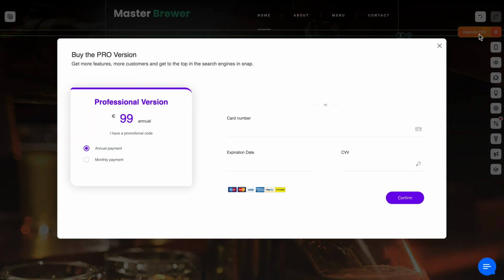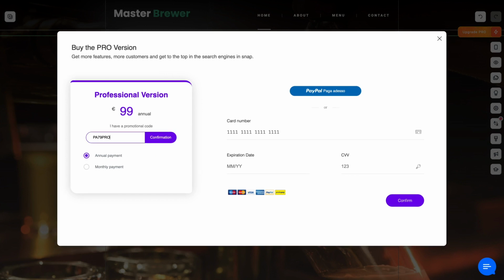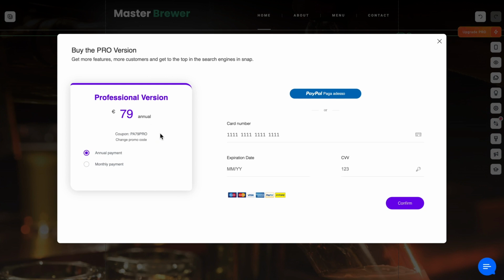To upgrade to the Pro version, click on the Activate Pro button at the top right in the editor. Choose the plan you wish to activate, either monthly or annually. If you have a promotional code, you can enter it at this stage by clicking on the I have a promotional code link. Choose to pay via your PayPal account or with a credit card, enter the details, and click